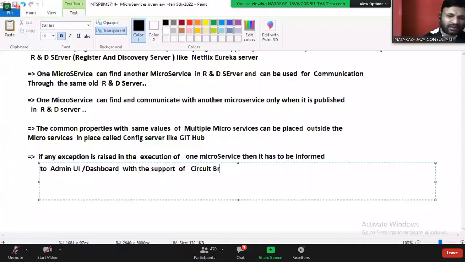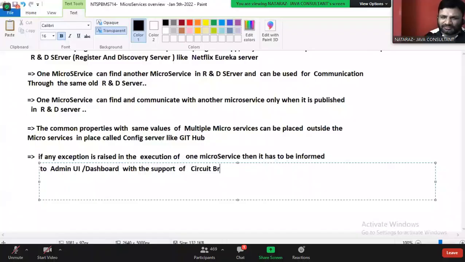Main circuit breaker, right? So if a problem is there in one microservice, it does not let that problem propagate to other microservices and disturb the entire environment. It will catch that problem and inform the admin UI. Got it?